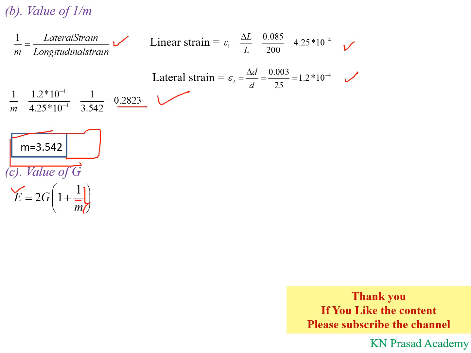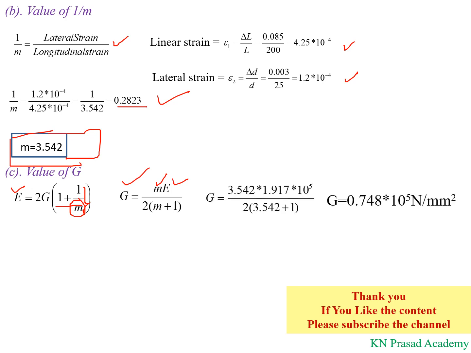This equation can be written in terms of G. So G equals, taking the LCM, M into E divided by 2 into 1 plus M. We know the M value and E value, so we substitute in this equation. We get the G value as 0.748 into 10 to the power of 5 Newton per mm